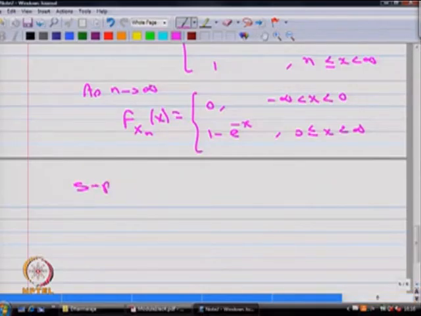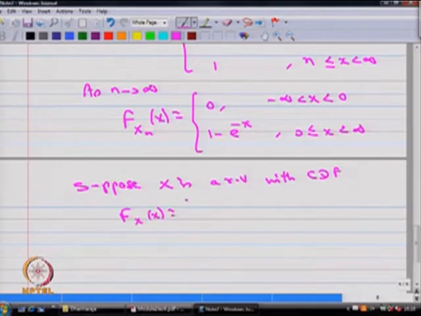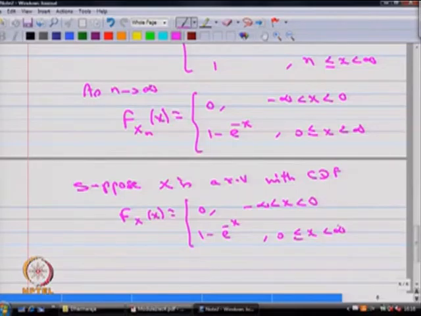Suppose X is a random variable with the CDF F_X(x), that is 0 between the interval minus infinity to 0 and 1 minus e power minus x, where x lies between 0 to infinity, then one can conclude X_n converges to X in distribution,